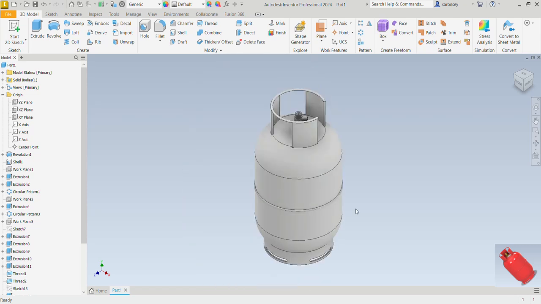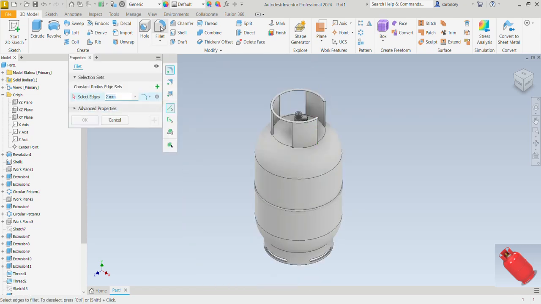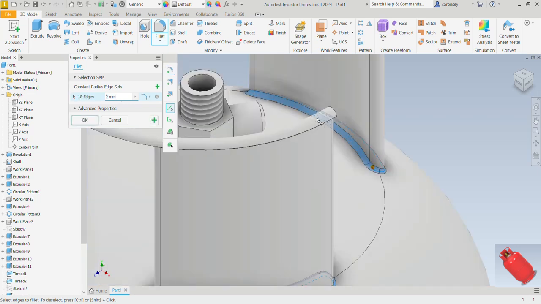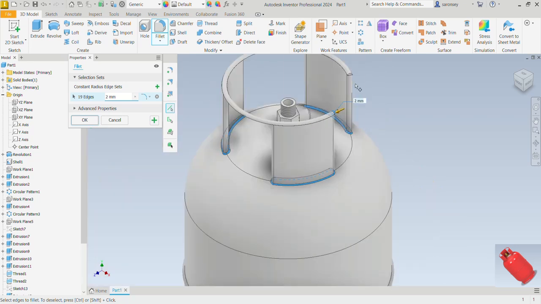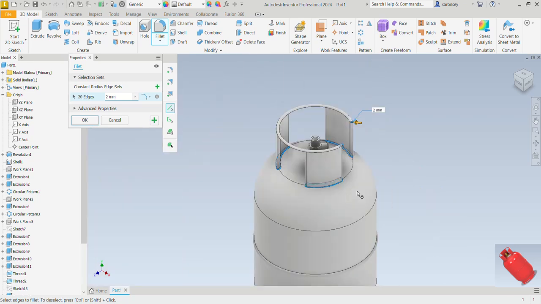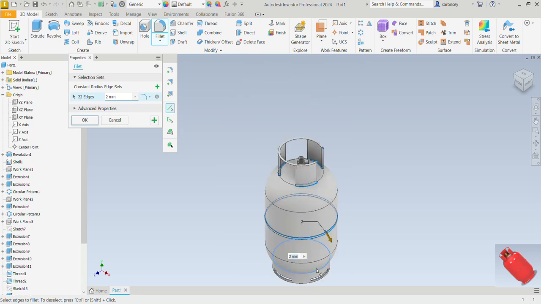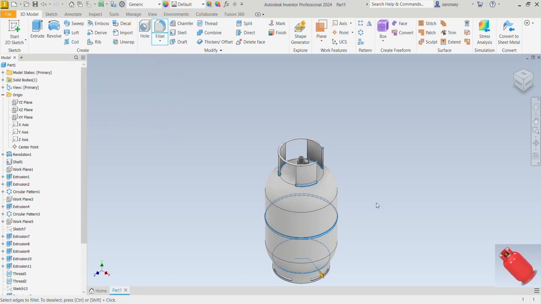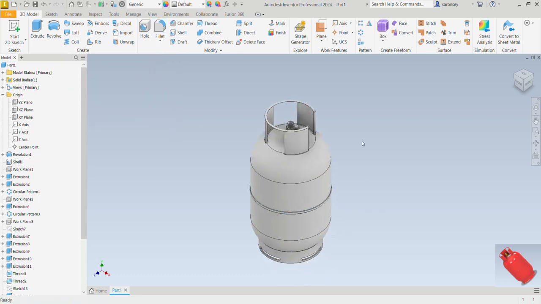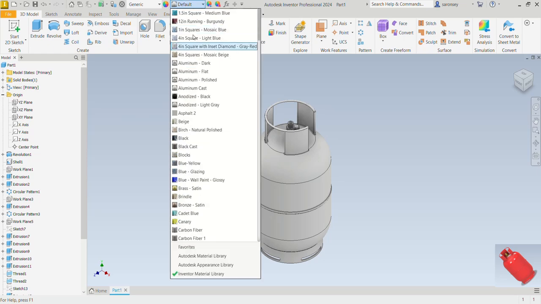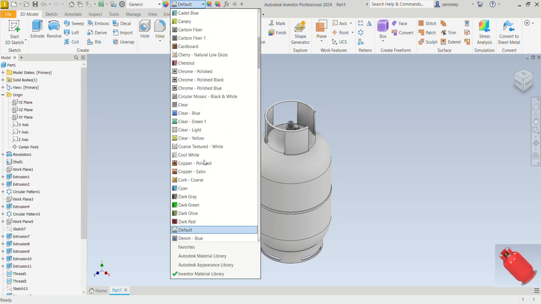Now let's apply some fillets. And so the fillet command, the fillet of radius 2 mm is fine to these slots, and then also to this edge and that one. I can also even do this and that, and then also this side. Let me OK and apply some color. And so we'll drop this down. For the cylinder, we would choose light red